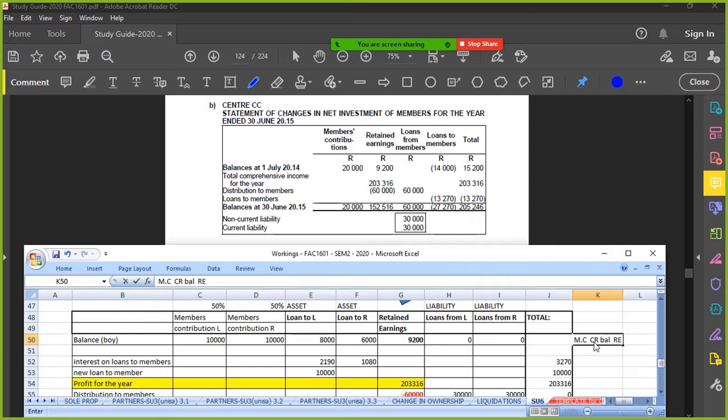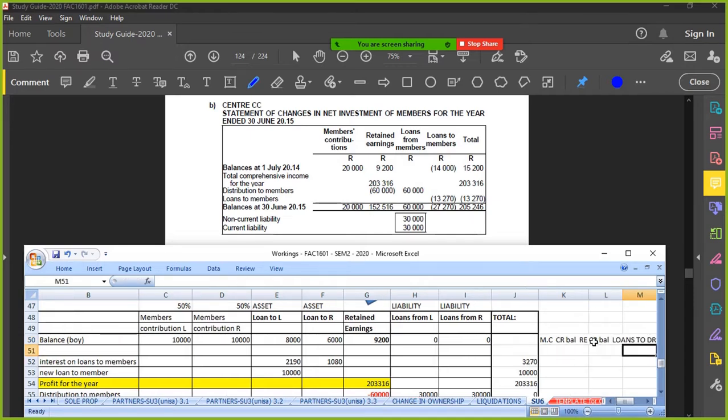Retained earnings, credit balance. Loans to, debit balance. Do you see that? So you can't just add up all across if you're doing the total, because here you had assets as well as a liability. So just be careful. That is something to consider. So then it would be